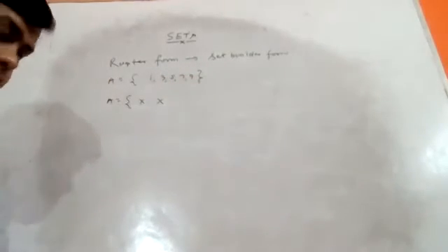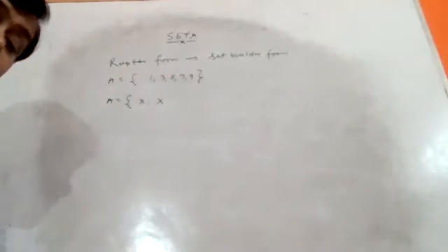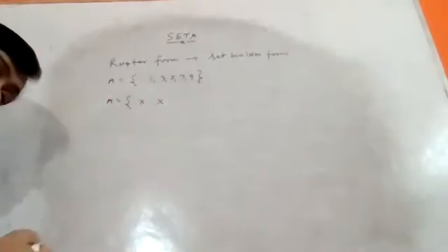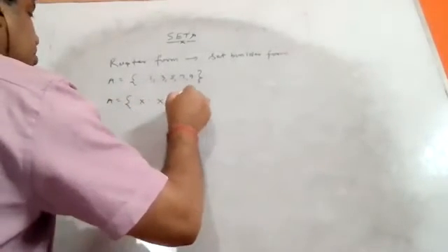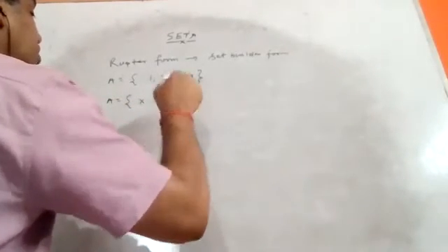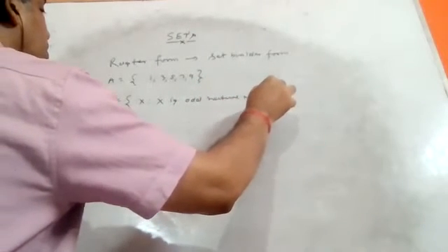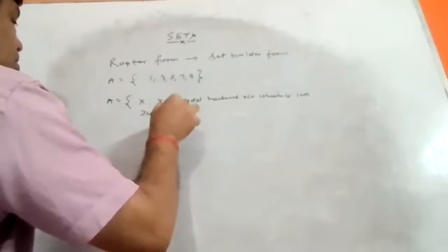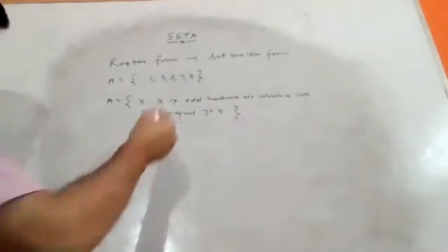Observing these, we observe these numbers are odd numbers, starting from 1. So we can say odd natural numbers. If we define this in statement form, or language form, or expression method, you can write x is an odd natural number which is less than or equal to 9. We can write it like this in statement form.